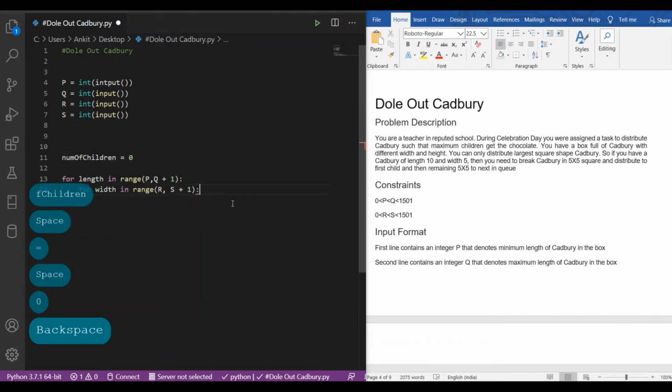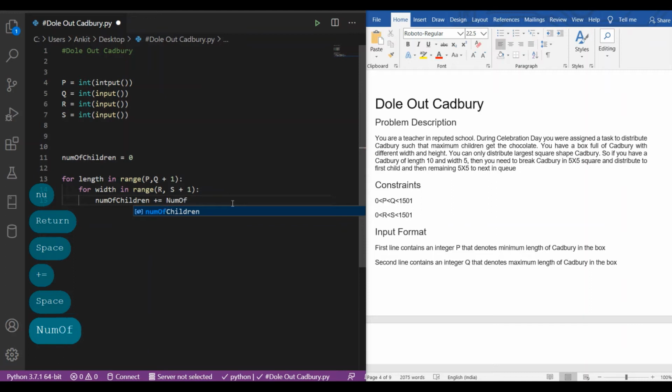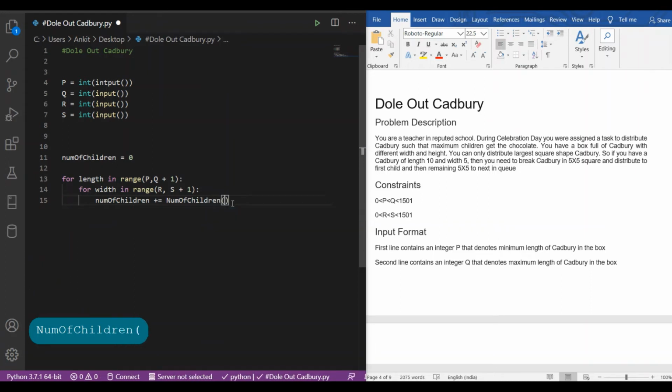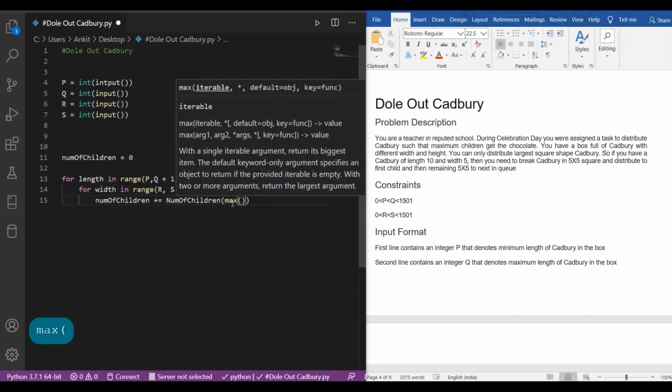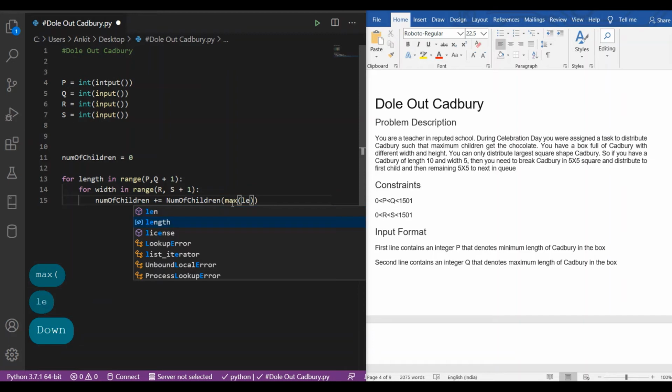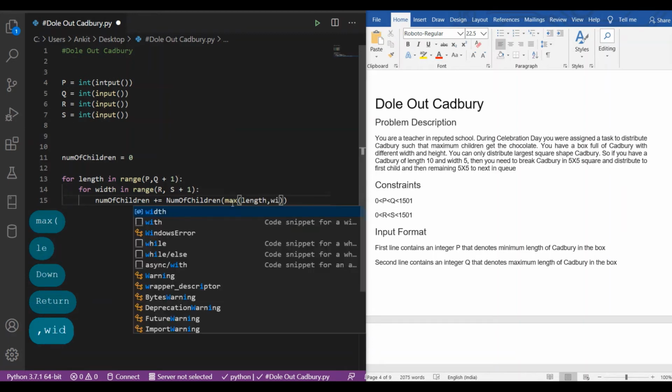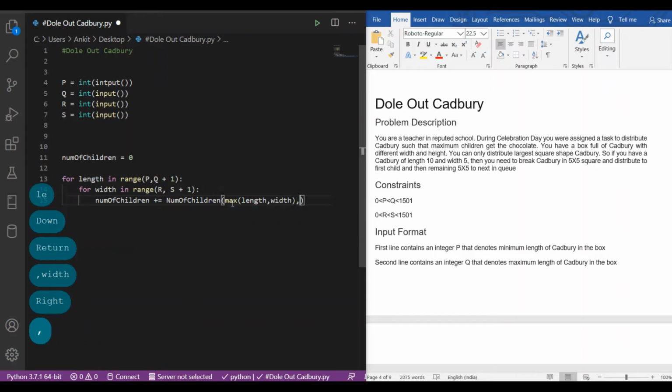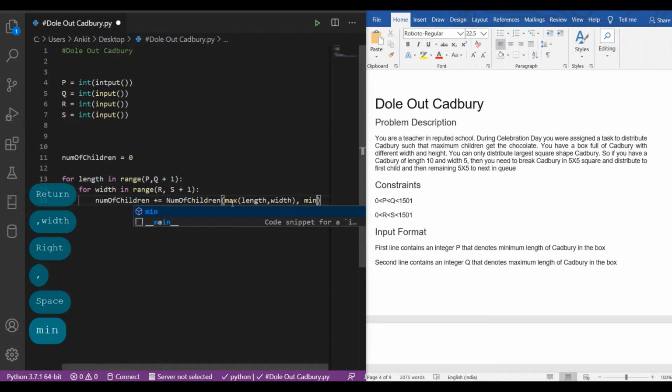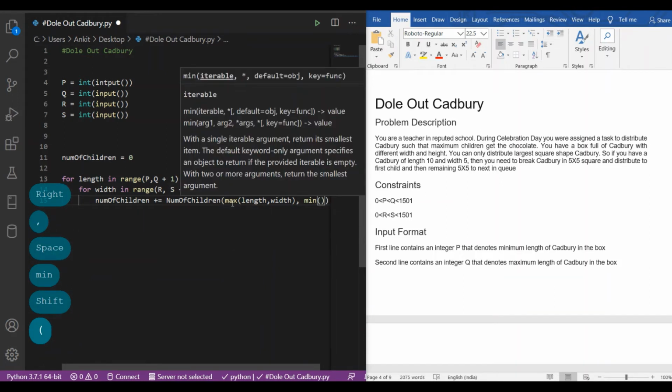Initially it will be 0, and after that here we call a function which has two arguments or parameters: the max from the length or the width, comma, the minimum from the length or width.